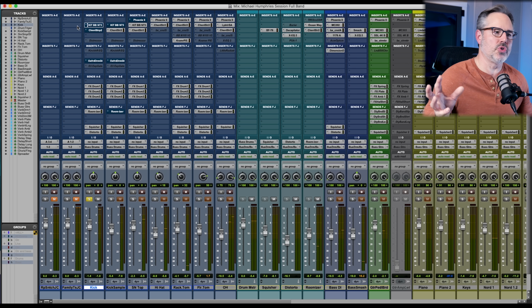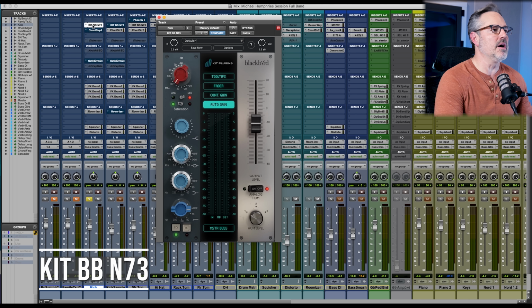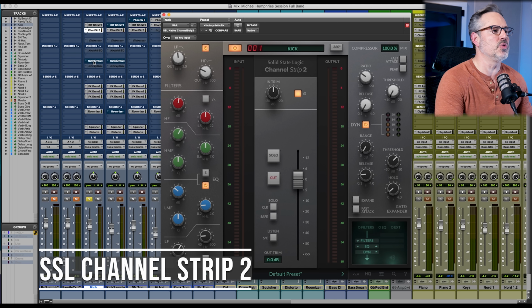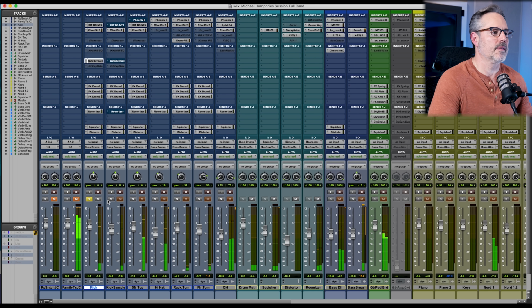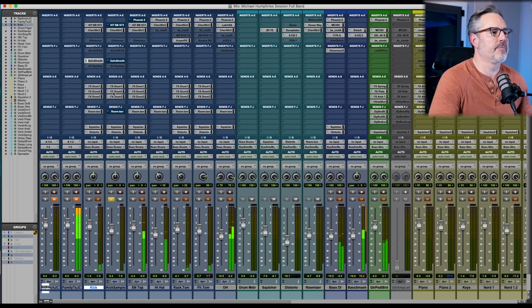Too round, too dark. Even after my treatment, I came at it with some Neve love. I came at it with some SSL 9K channel strip 2 love, and then a noise gate. And here's what I had at the end of the day. I still didn't feel like the drummer would hear my mix back and say, yeah, that's what I wanted. So I added some of this guy,